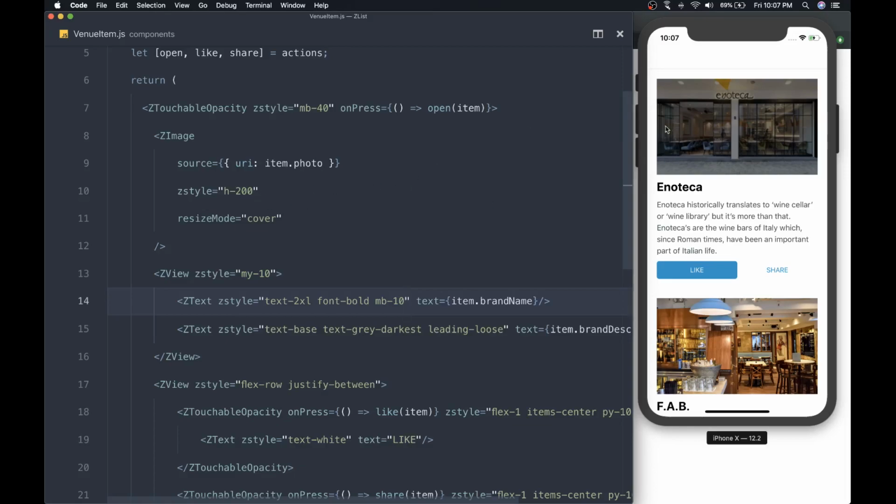Coming back to the image, I want to get some rounded corners, large rounded corners, to make it look a bit more modern. So I just need to add the rounded large property to ZStyle, and it should give me what I'm looking for, which is great. Now you see that when I refresh,